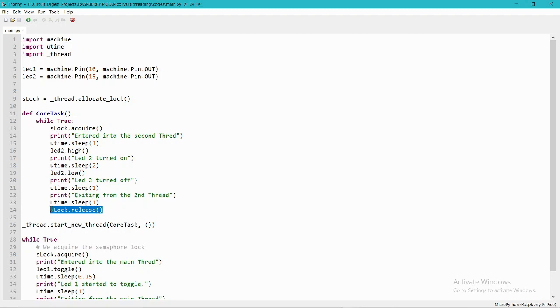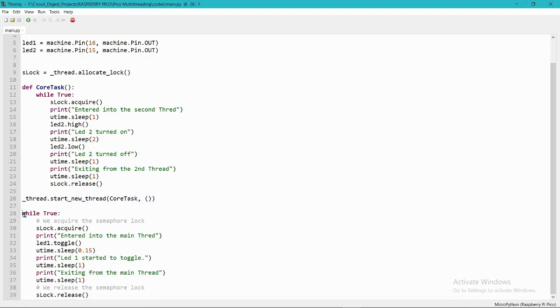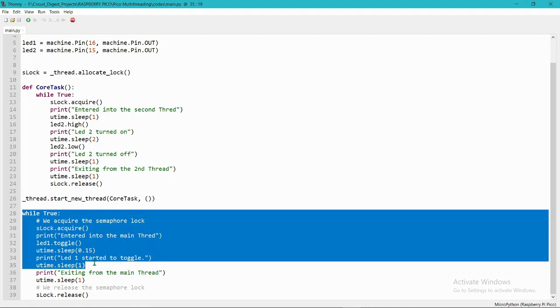Then we have a start new thread function to start the core task function, that is this one. It will create a new thread, and this will be the second thread because we have a single thread running on the Raspberry Pi before, that is your normal while loop in the main.py program.